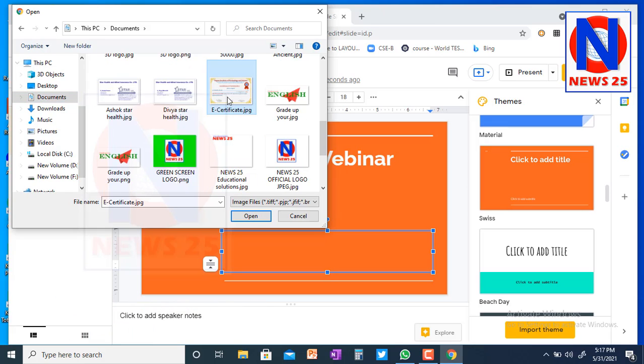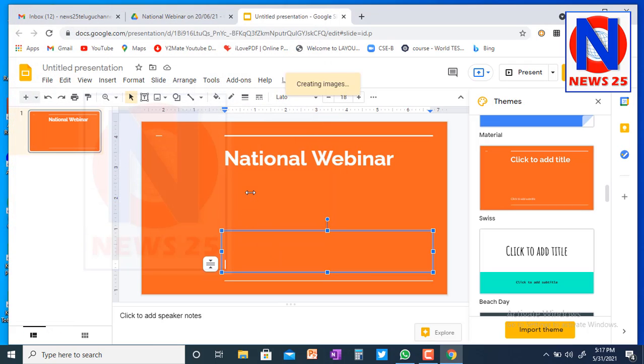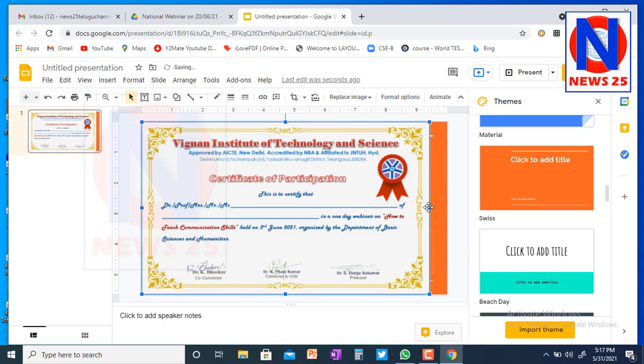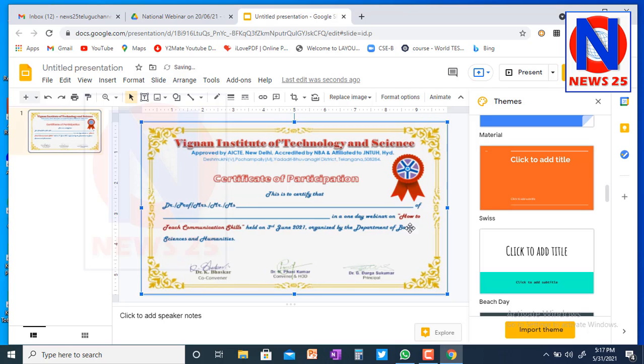Here I have already created one certificate in PPT and saved it in JPG format. So I selected it and I am going to open it. This is how the certificate will be. You just adjust that certificate to the existing borders of the slide. So now it is okay.